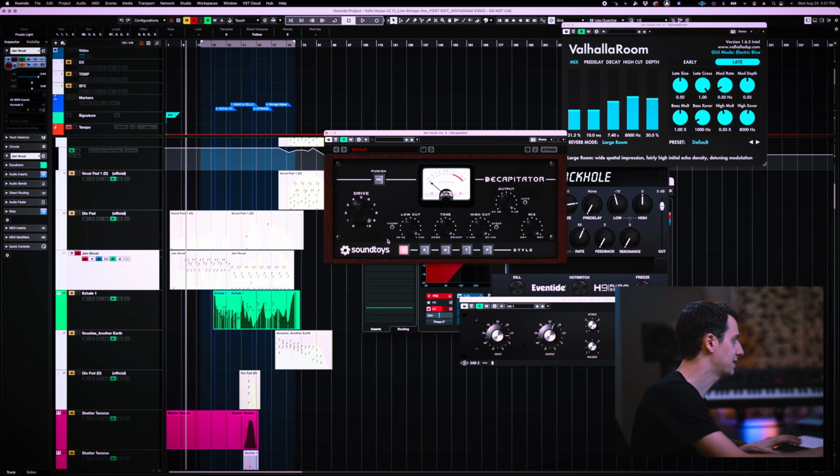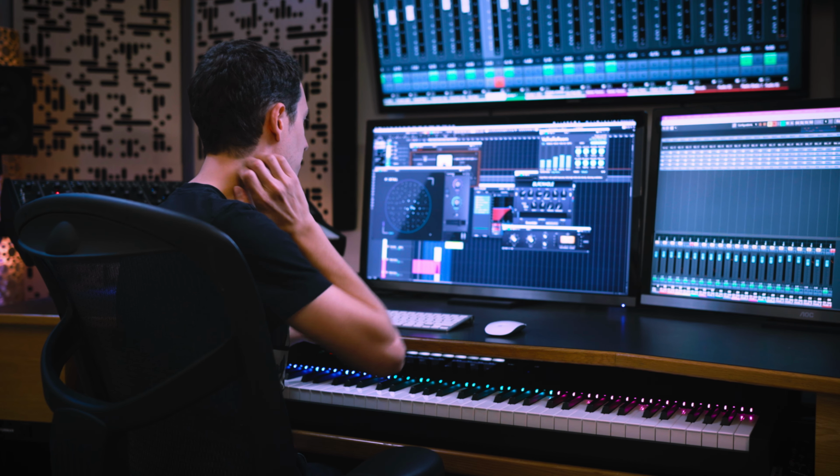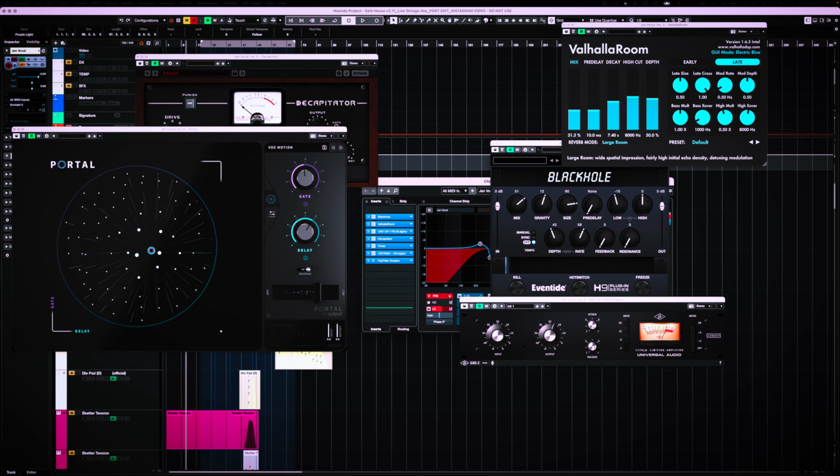I use the compressor kind of like shaping of the sound. So then we've got a Decapitator from Sound Toys, which is just wonderful. Then we have Portal from Output, which has a preset called Vox Motion. We have another compressor,